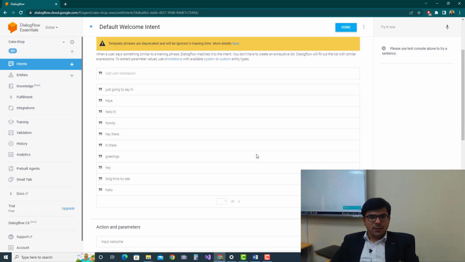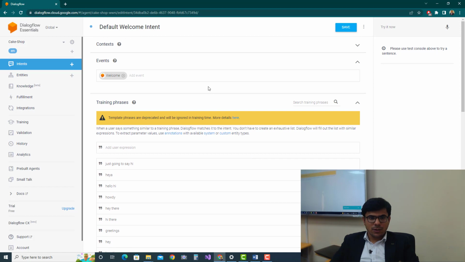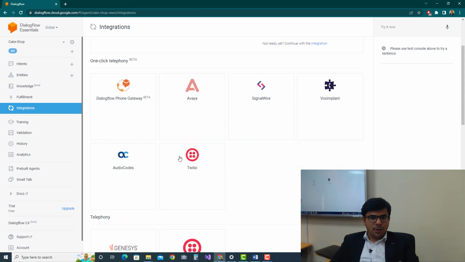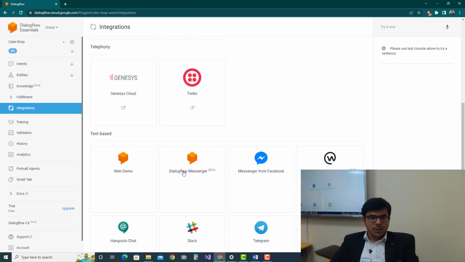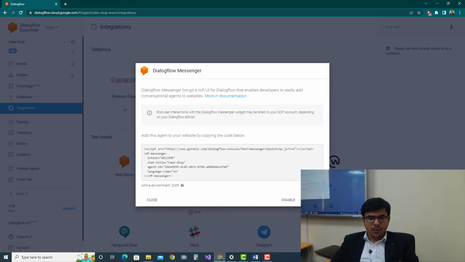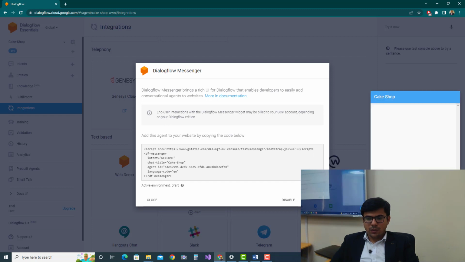Okay, so now it is saved. Let's see how our chatbot is now performing. You can also test it here, but I recommend that you go to the integration and then click on Dialogflow Messenger. Click on enable and then click on try it now. You can see a little icon here, and once you click on this icon,